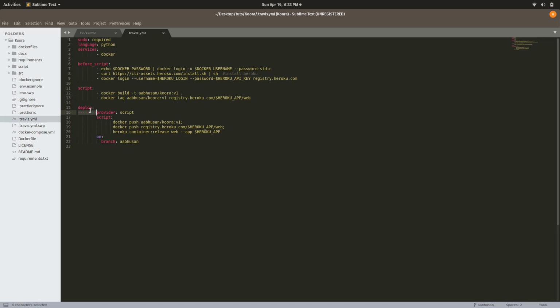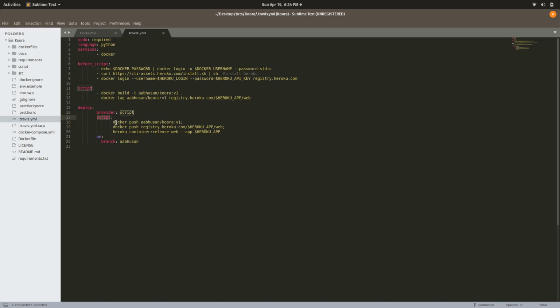And in the deploy, we are deploying a script. Provider is script, which means we are deploying the script. And in the script what we have written is that we have pushed abushan/quora with the tag version 1.